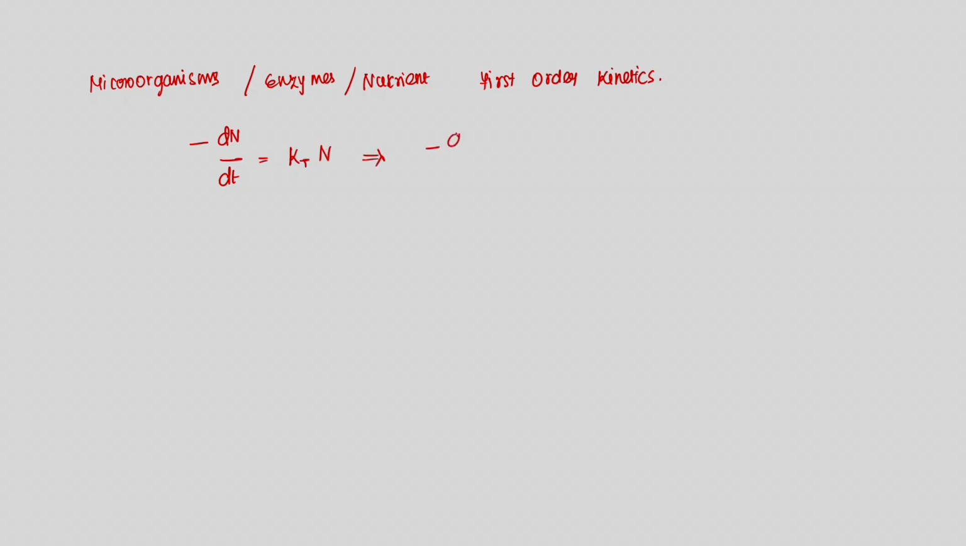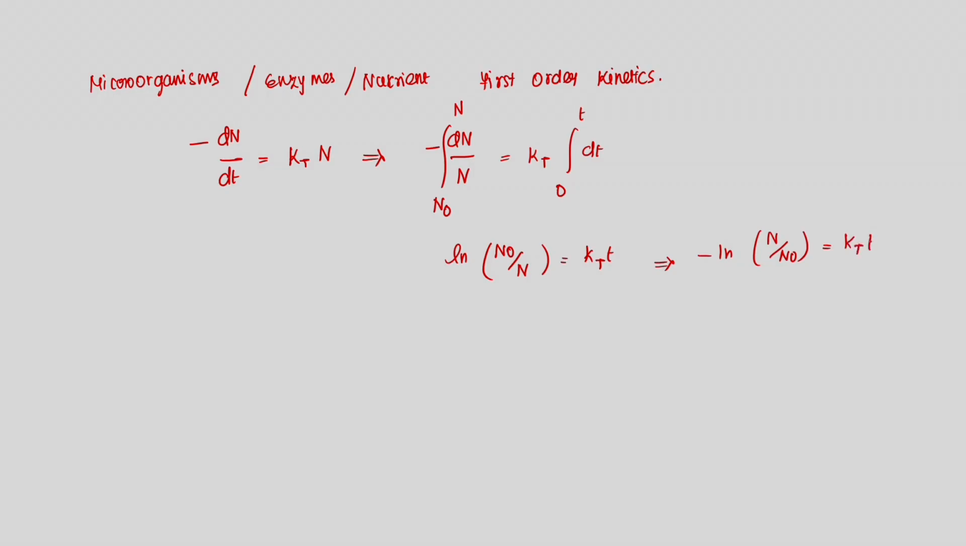When we do the further integral calculus, this is N naught, the initial concentration, to the final concentration N, which is nothing but kT integrated from the 0th time to time t into dt. Which further gives me ln of N naught upon N, which is nothing but kT into t, right. Remember, the minus sign is there, so I have written ln N naught upon N. Or if you want, you can write it the same way as minus ln N upon N naught, which is equivalent to kT into t, or N upon N naught is nothing but e power minus kT into t,